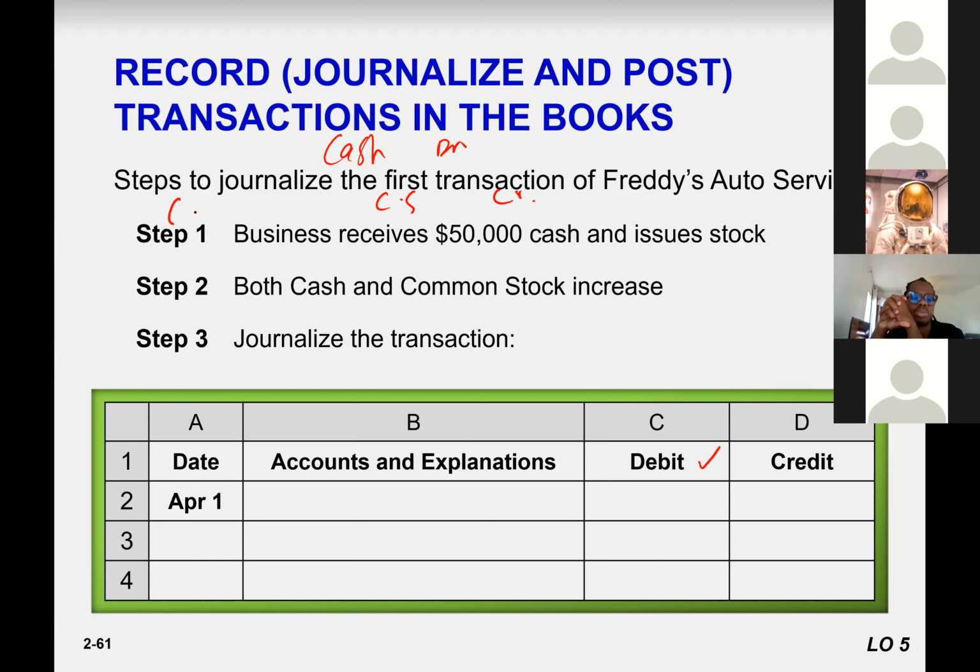Let me write it down here: cash to common stock, which means cash is debited, common stock is credited, right? And this is how I pronounce this, how you receive the audio, for example,